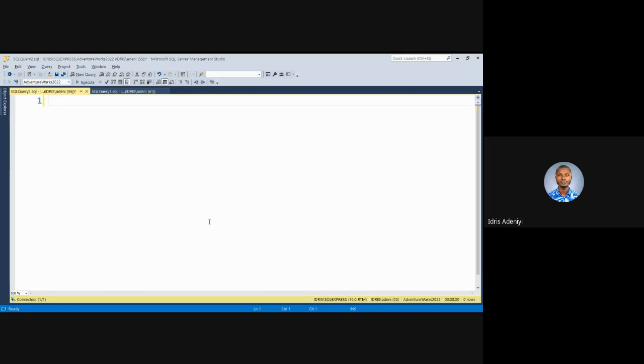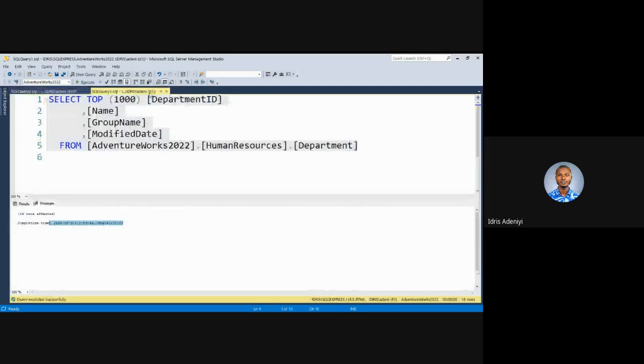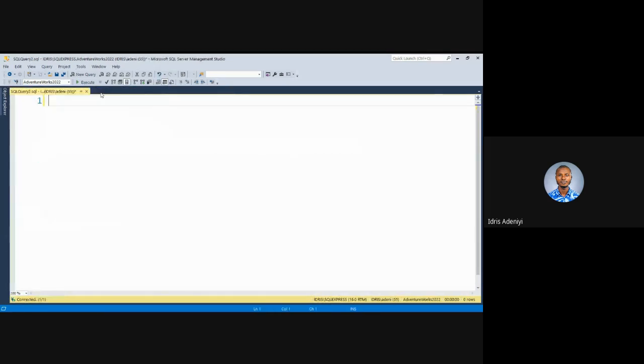Okay, now that we are done with that, without further ado, let's start writing some queries. That is a brief introduction to the SQL Server Management Studio interface. Now, as I said,